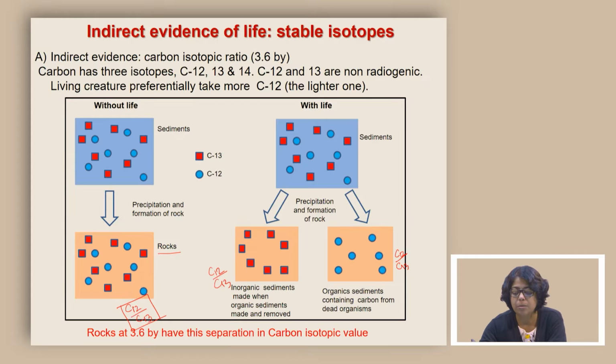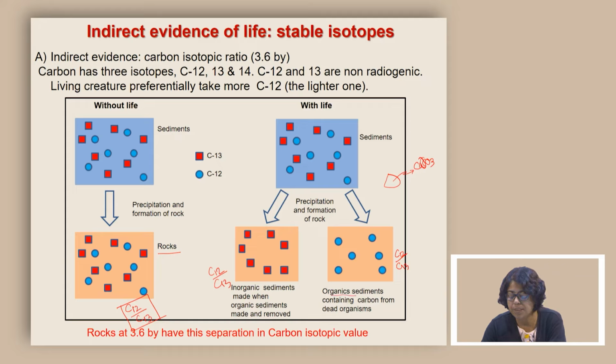We are starting with sediments or water, which also has a C12-C13 ratio, and some of the rocks are being created by organisms, such as, let us imagine, shells of clams and snails. Their shells are made up of calcium carbonate. Now, this calcium carbonate has carbon, and because organisms take it up by biological processes, this carbon will have a stronger signature of C12 compared to C13 in terms of the ratio.